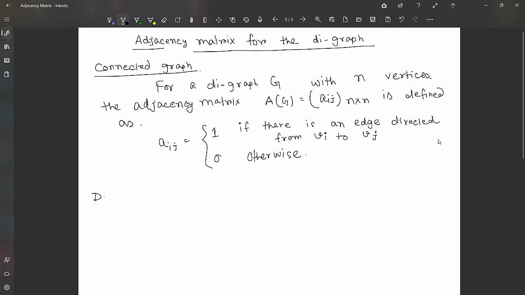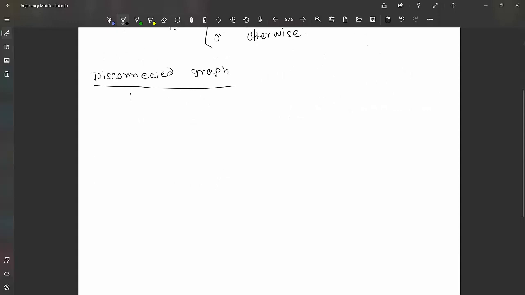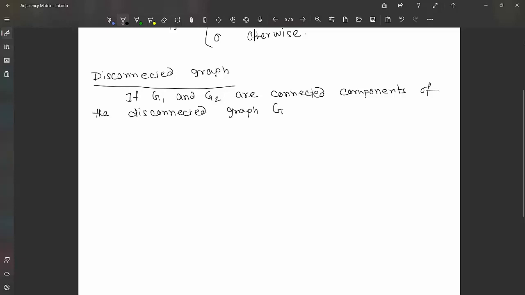And for the disconnected graph, if G1 and G2 are connected components of the disconnected digraph G, then the adjacency matrix for the graph G is defined as